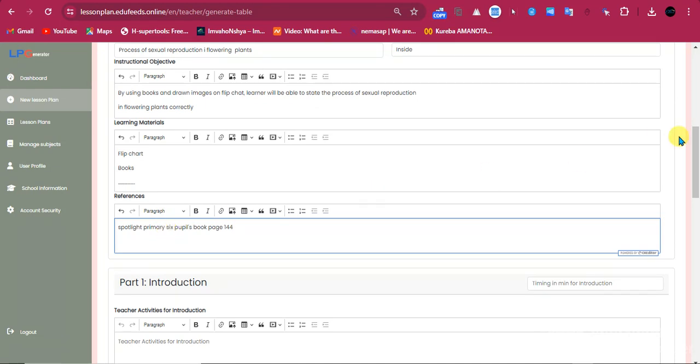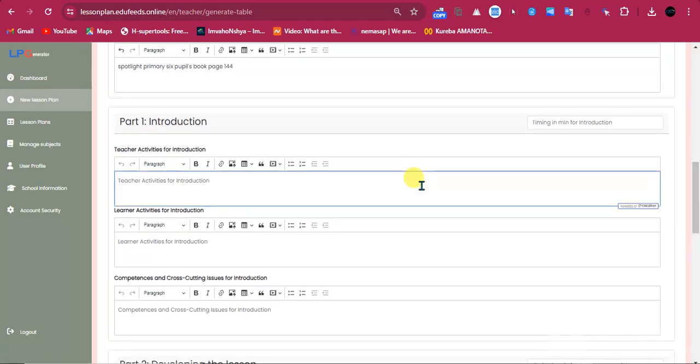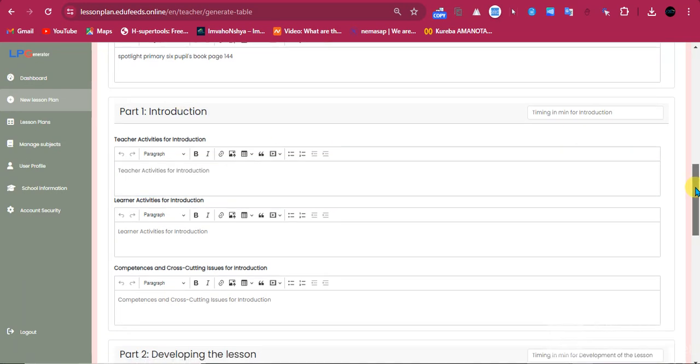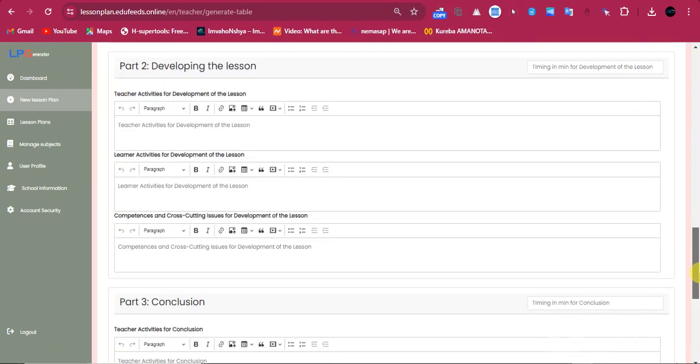This is where you refer this lesson. Then you go to the introduction: part 1 is the introduction, then part 2 is the development of the lesson, and then a conclusion.